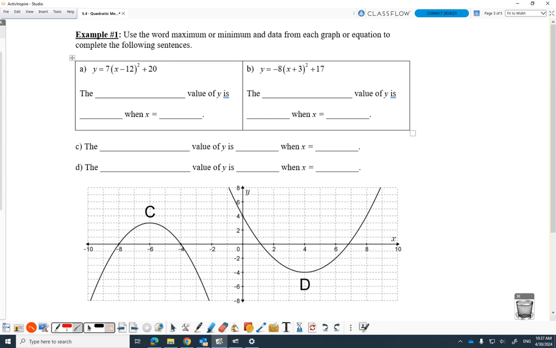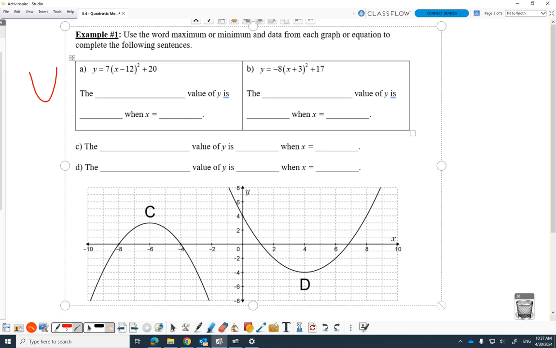Use the word max or min and the data from the graph to answer the question. Is this thing going to have a maximum or a minimum? Minimum, how do you know? Right, for me, even if you're not going to draw a great graph, maybe a little graph or a mental graph to go, okay, what does this thing look like? So that thing has a minimum